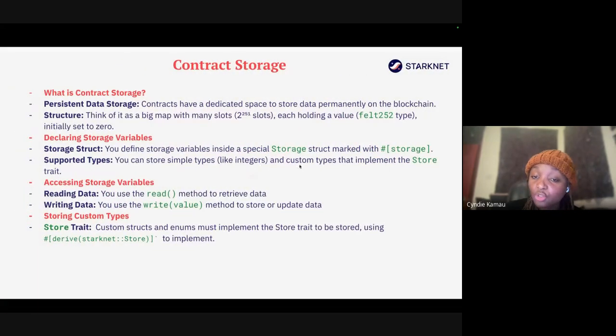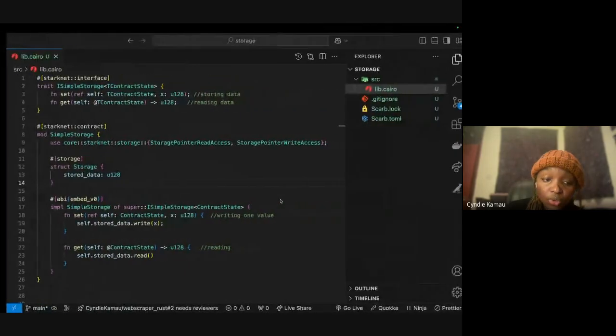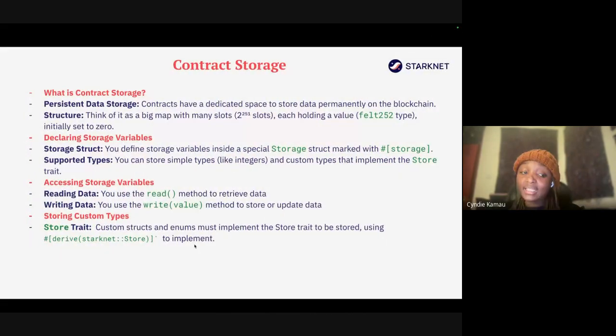It's just like when we get to contract events, which have something special we call events. You can store simple types like we did here, and you can also store complex data. When you store complex data, you have a trait called Store, and you need to call it.